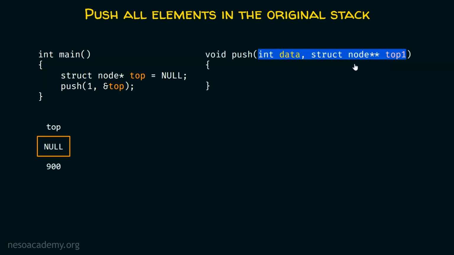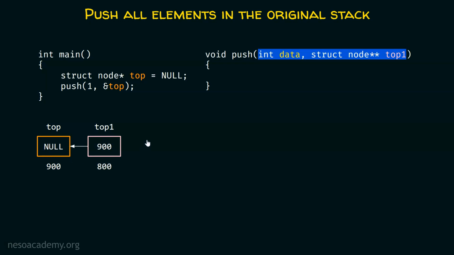And here in this push function, there must be some pointer which will receive this address. You can see that this is a top one pointer, and this pointer is a pointer to a pointer. And that pointer which this pointer is pointing to must be a pointer to struct node. You can see that this pointer is a pointer to a struct node. That is why we can pass the address of this pointer to this top one pointer, right? After this, obviously this top one pointer will receive this address, which is 900, and this simply means that this pointer is now pointing to this pointer. Fine. That is why it is called double pointer. This pointer is a pointer to a pointer.